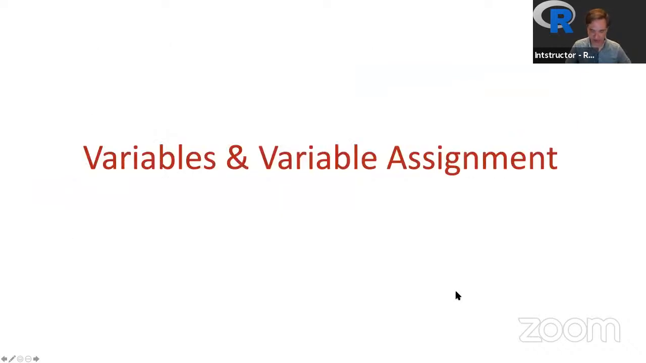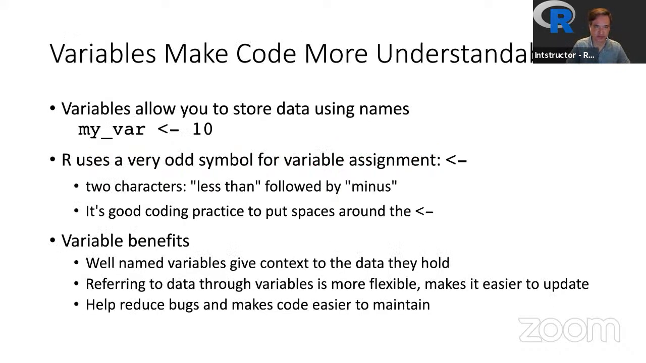We're going to talk about one of our first important concepts here. It's the idea of variables and assigning variables. Variables make your code more understandable. The idea behind a variable is essentially taking some kind of name and being able to assign a value to it. This is a very simple example. In this line of R code, I'm creating a new variable called